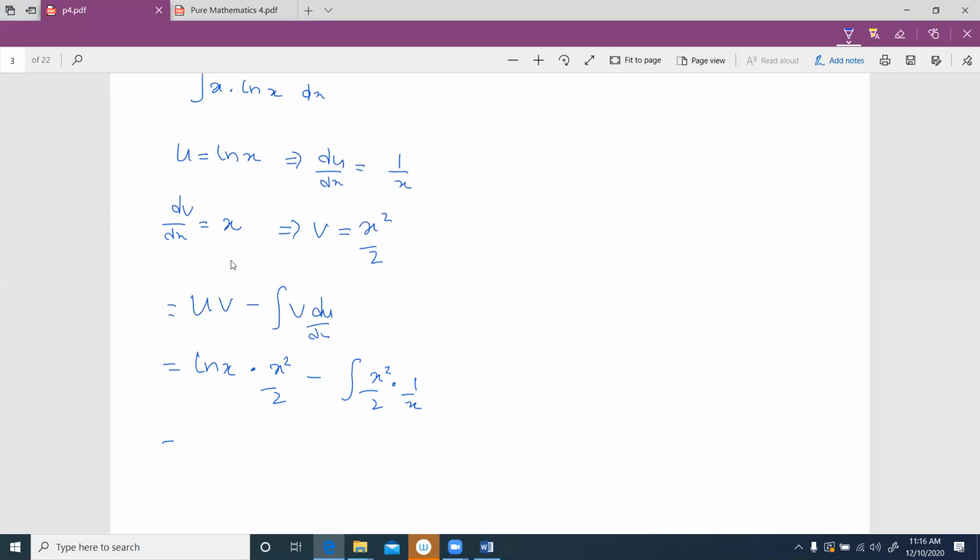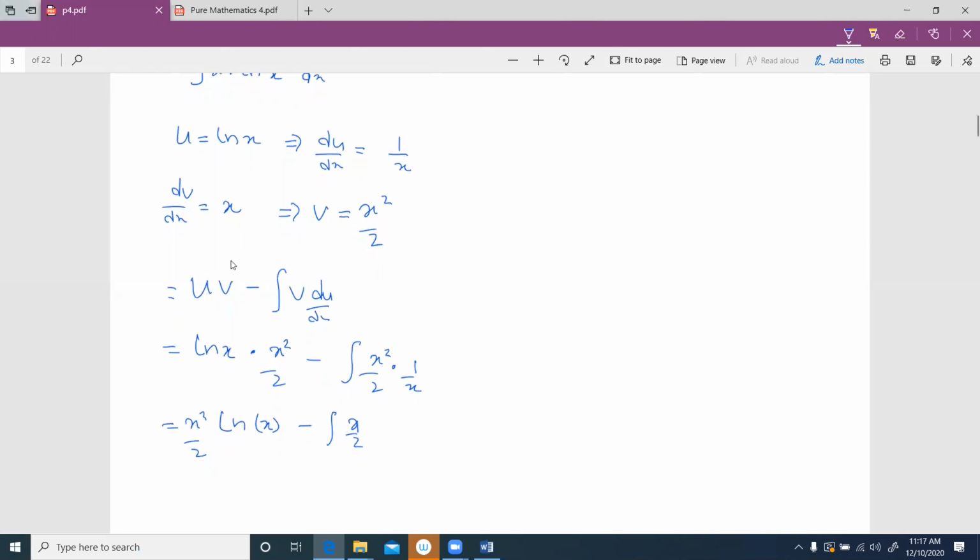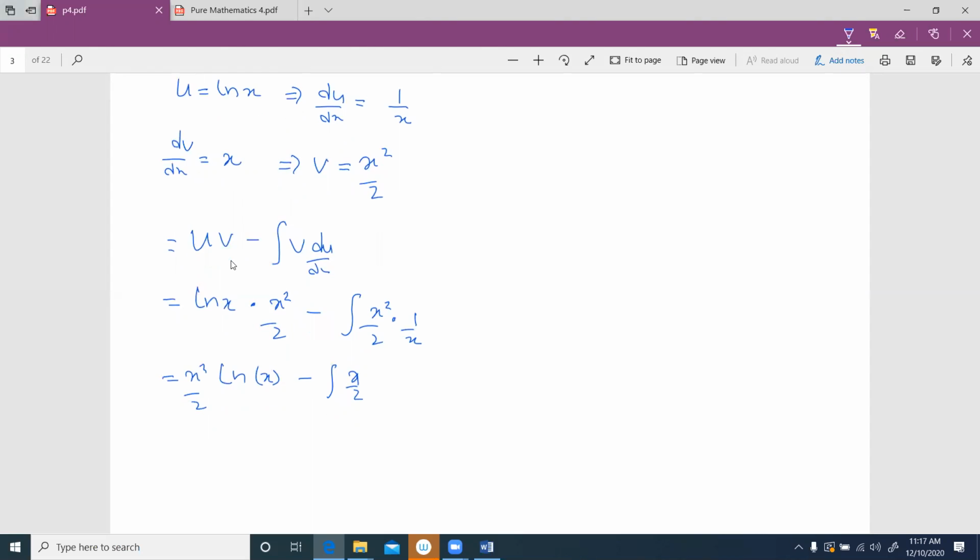Then this simplifies into x squared, or remember you cannot multiply, this is just ln x squared ln x, minus this is integration of x squared and x cancels x over 2, right? Okay. Then if you do the integration, you will realize that the answer becomes x squared over 2 ln x minus x over 2, integration is x squared over 4, plus c